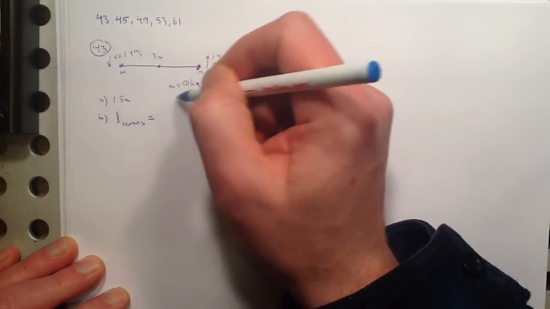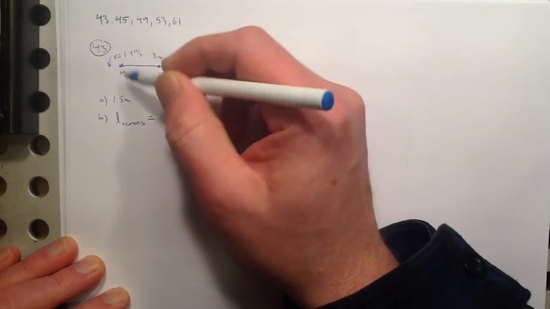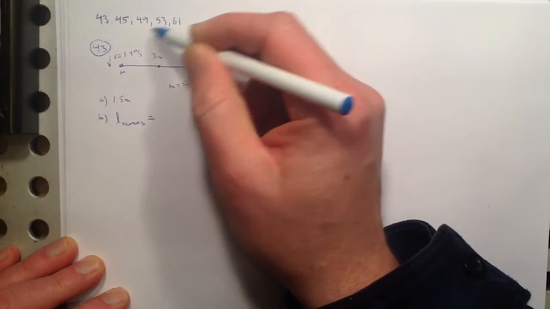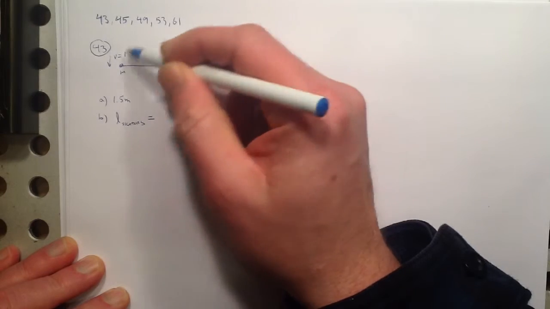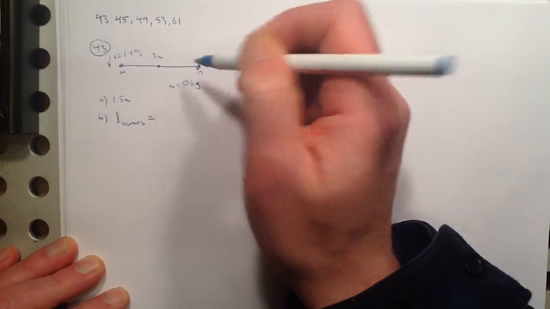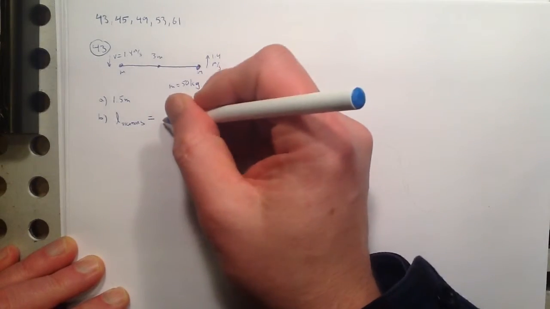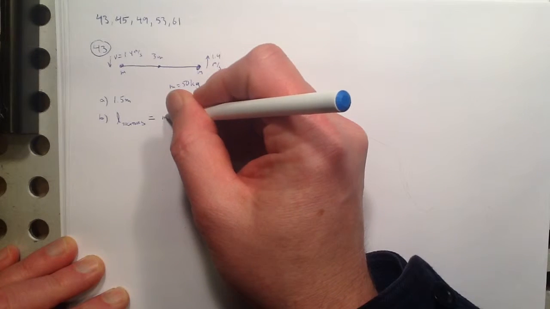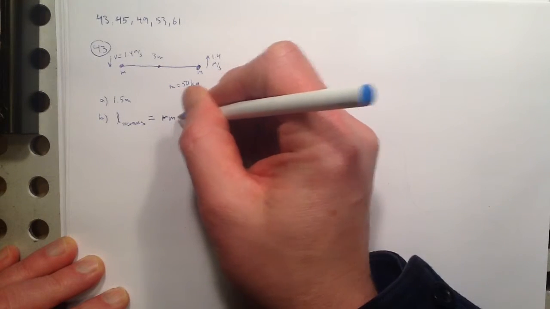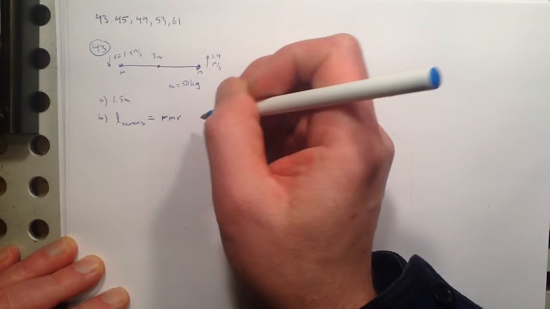We'll call counterclockwise, anti-clockwise, the positive direction. So that would be the r m v of skater 1